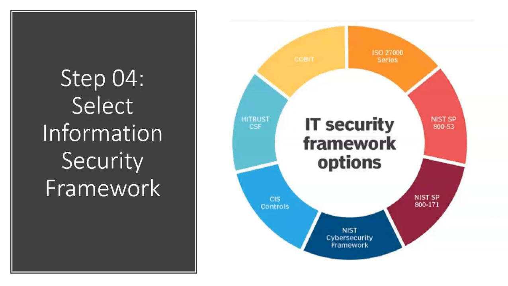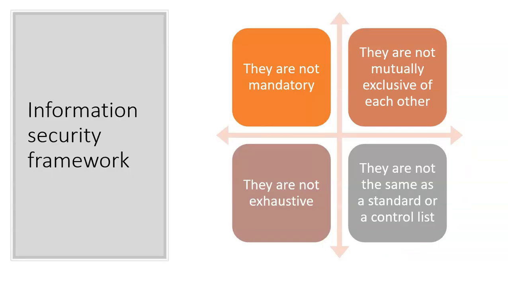So now you must be thinking why to use a security framework. The reason is that security frameworks provide the full spectrum of controls, and they also help us to measure our processes, whether they are defined, repeatable, and consistent, which we also know by the name of the security maturity level of our organization. Also, you must understand that these security frameworks are not mandatory. You can select the control or control objective from them. And they are also not mutually exclusive of each other, meaning in these security frameworks, most of the controls and control objectives overlap.